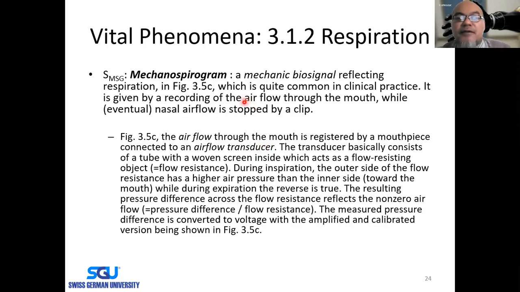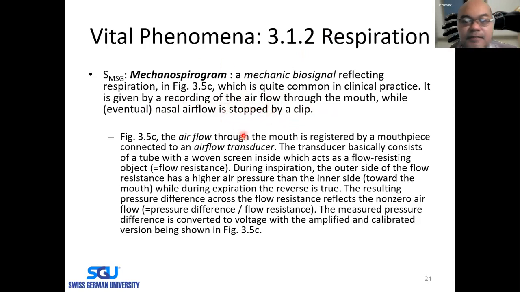Then finally the mechanospirogram, MSG. This is a mechanical biosignal that reflects the respiration. And this is quite used in clinical practice, for pulmonary rehabilitation or pulmonary medicine, which specializes in the physiology of the lung. It's given by recording of the airflow through the mouth, while the eventual nasal airflow is stopped by a clip. So the nose is closed, so the person only breathes through the mouth